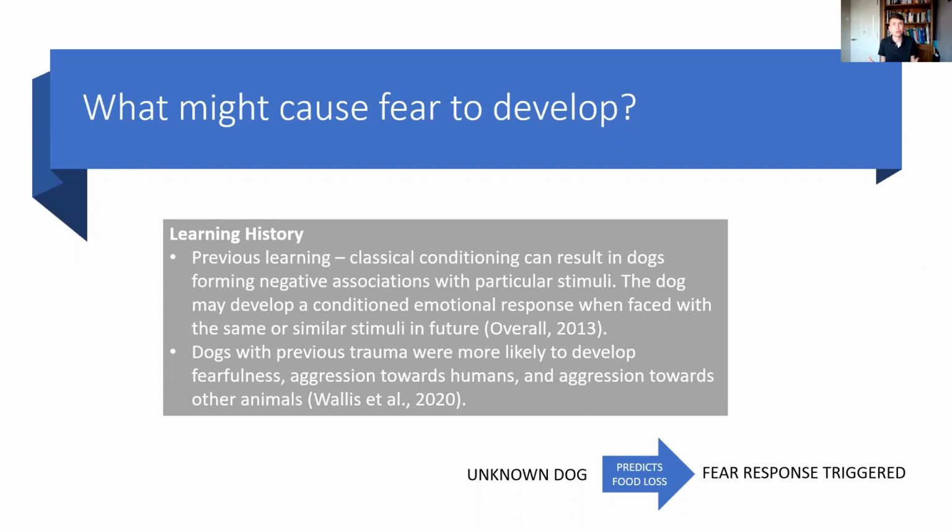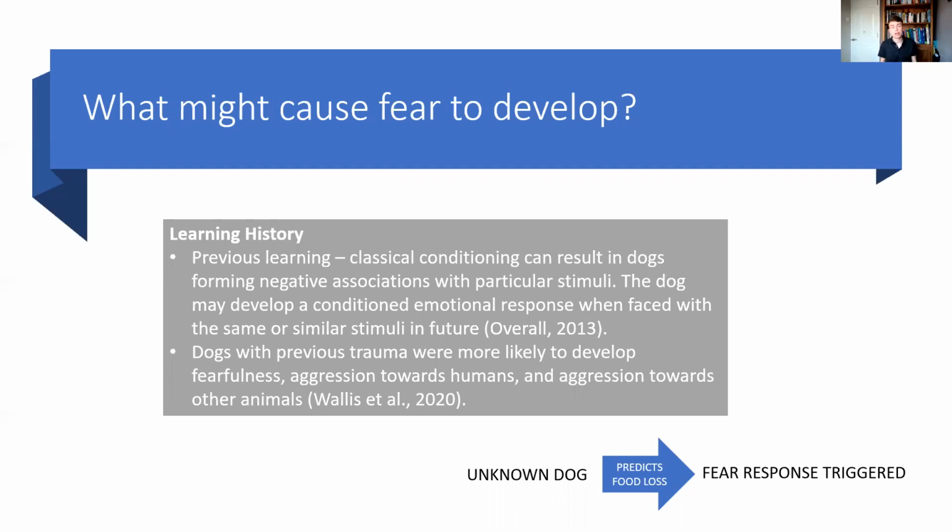So that's okay, not too bad, but probably not ideal for the puppy that you want to take out on walks every day, to be going around terrified of all the older dogs it sees, or some older dogs it might see. Or worst case scenario, it might lead to the puppy growing up and starting to respond aggressively in those scenarios with older dogs, because again it's learned that older dogs predict pain, and that's triggering a fear response, because that prediction of pain is potentially a threat to survival.